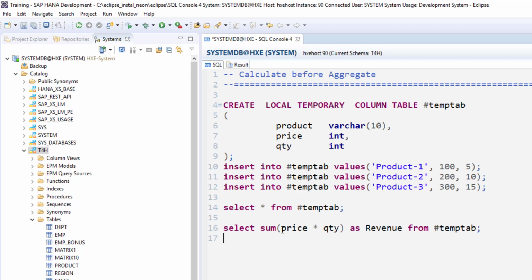There are some cases, particularly the price and quantity in a sales table or finance table. When we sum up the price, all 3 products' prices are not similar here. If the price is the same, if products 1, 2, 3 all have the same price, then it's okay to sum up and then do the calculation. But here, since we have different prices, we have to do the calculation first and then do the aggregation. It's a simple statement, but I took some time to explain. Hope you understand.